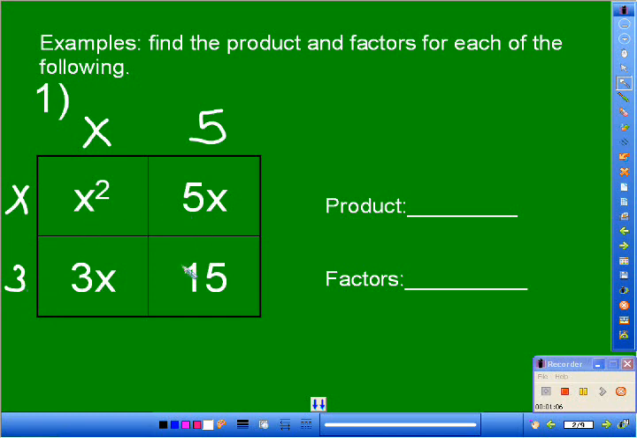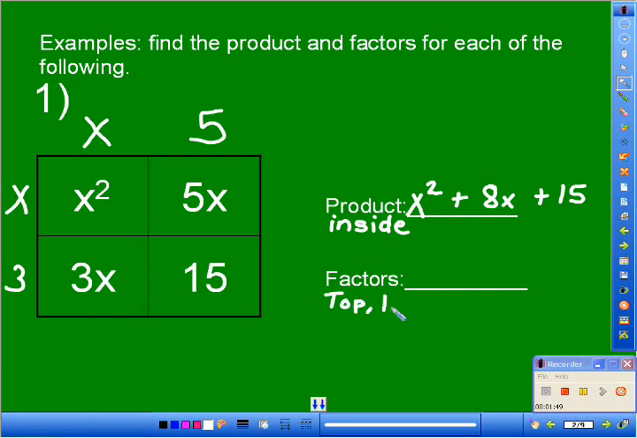As I look at this problem, my product is what's inside the box, and you may want to write the word inside under the word product to help you remember that product is the inside. It's like the area of a rectangle. And our product will be x squared plus, collect your like terms, that means add these, and so you'll have 8x plus 15. Our factors are found on the top